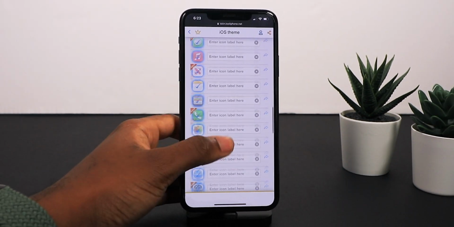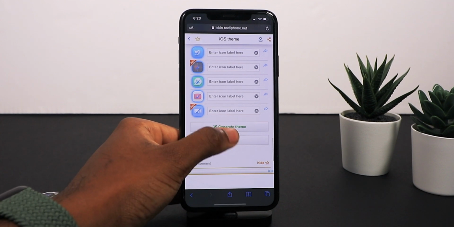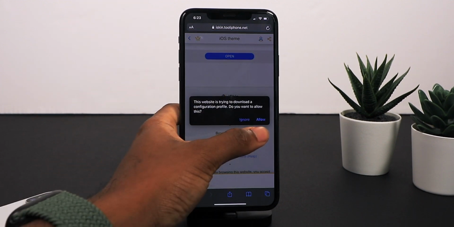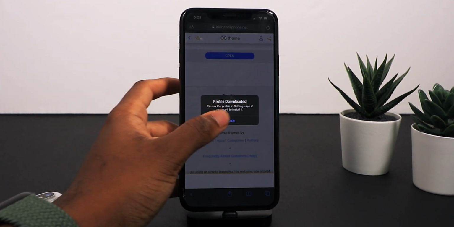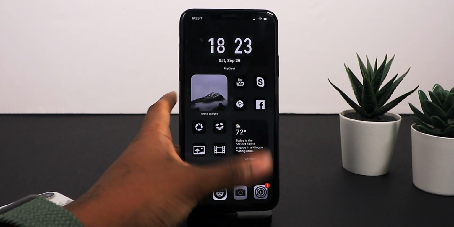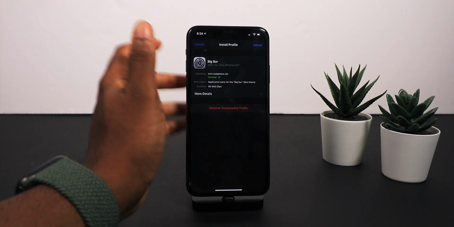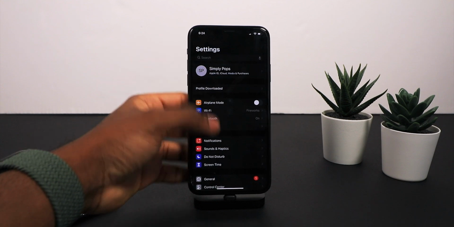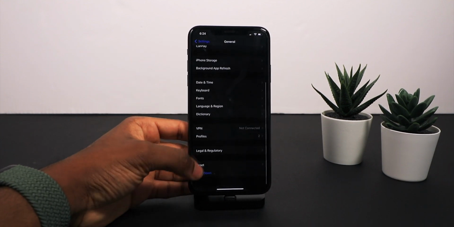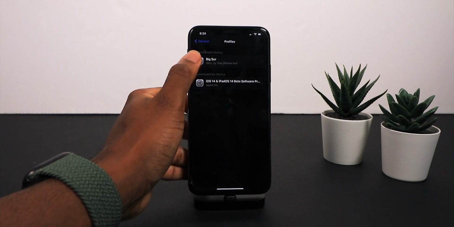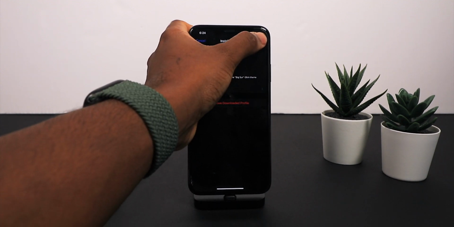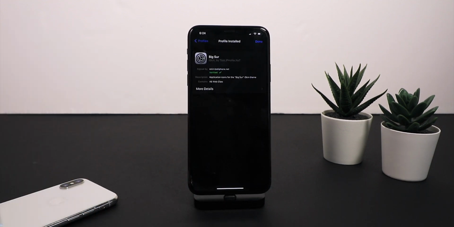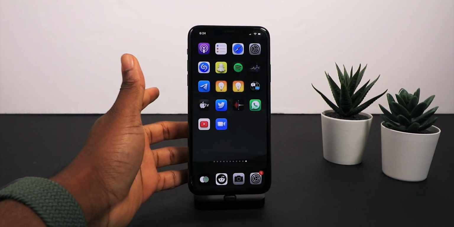And then after that, we're gonna go all the way down towards the bottom, and we're gonna tap on generate theme. It's gonna generate the theme, and then you wanna tap on allow. After you tap on allow, you wanna go into the settings app, and it should say profile downloaded. We want to tap on that, but if you don't see that, you got to go into settings. Let's go back for a second. We're going to go into settings, then general, and then profiles, and then you're going to see it right here. So Big Sur right here, and we're going to tap on install, enter your passcode, tap on install one more time, profile install. So you tap on done,